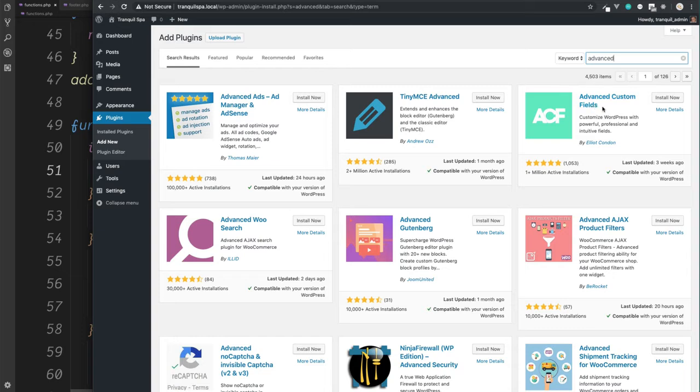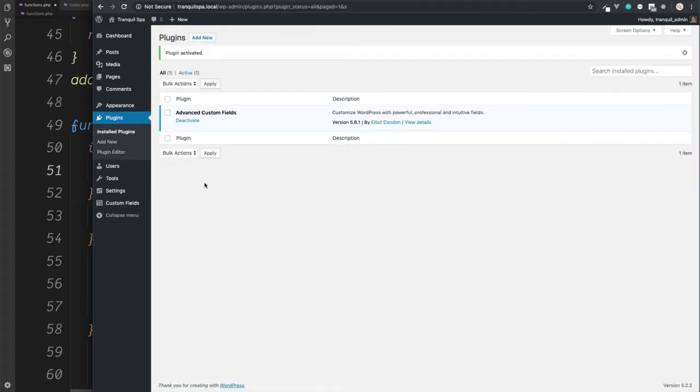And this is the link we need here by Elliot Condon. I'm going to click Install Now. Also, as with any other WordPress plugin, do check that this plugin is compatible with your version before installing. We can then activate this plugin, and then we get a new Custom Fields option on the left, which I'm